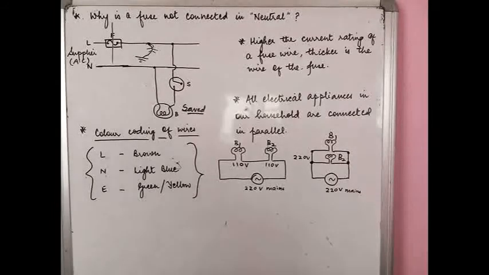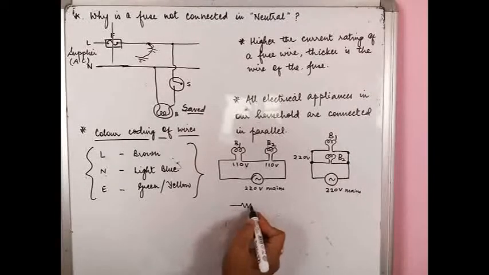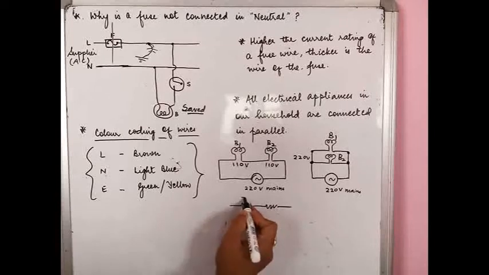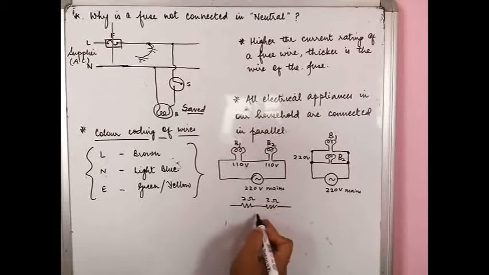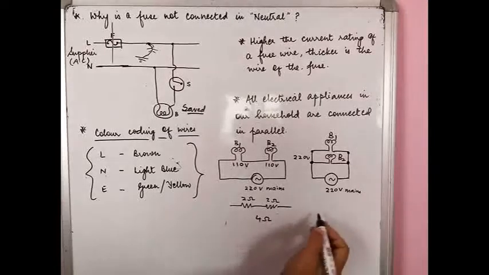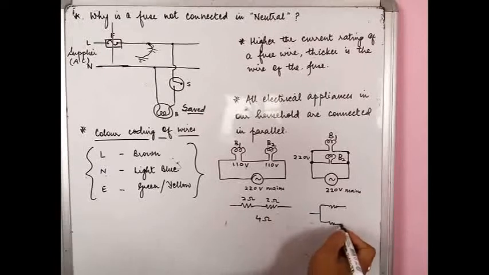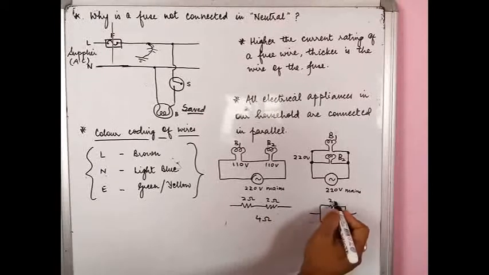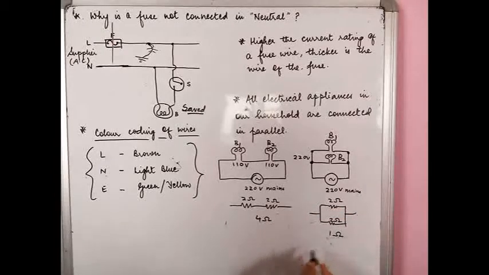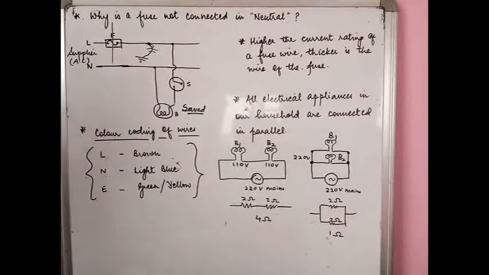Okay, the second reason, obviously you understand, is that in parallel combination the overall resistance reduces. If you take, for example, 2 ohms and 2 ohms, here we have 2 ohms, here we have 2 ohms, they are in series. 2 ohms and 2 ohms, the resultant will be obviously 4 ohms. But if you connect 2 ohm and 2 ohm in parallel, the net resistance in this particular case is 1 ohm. You already know the process of calculating it.